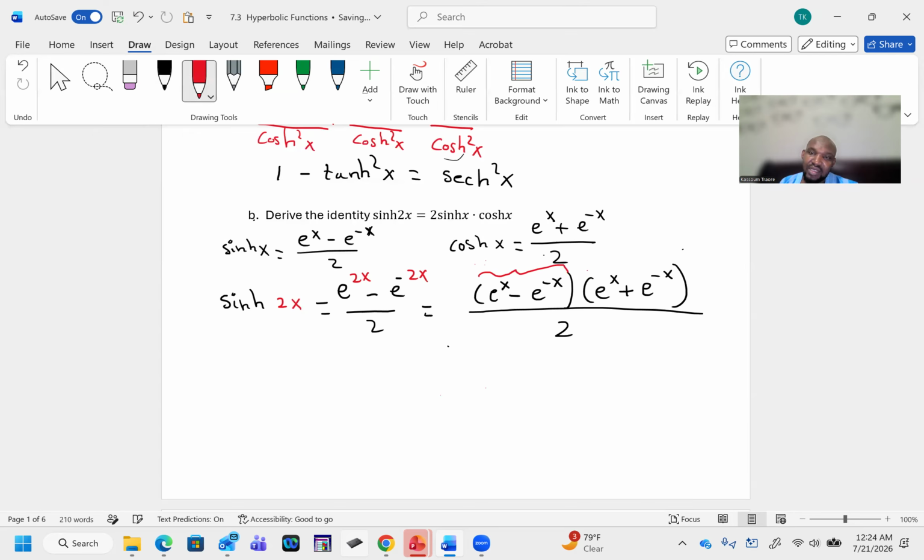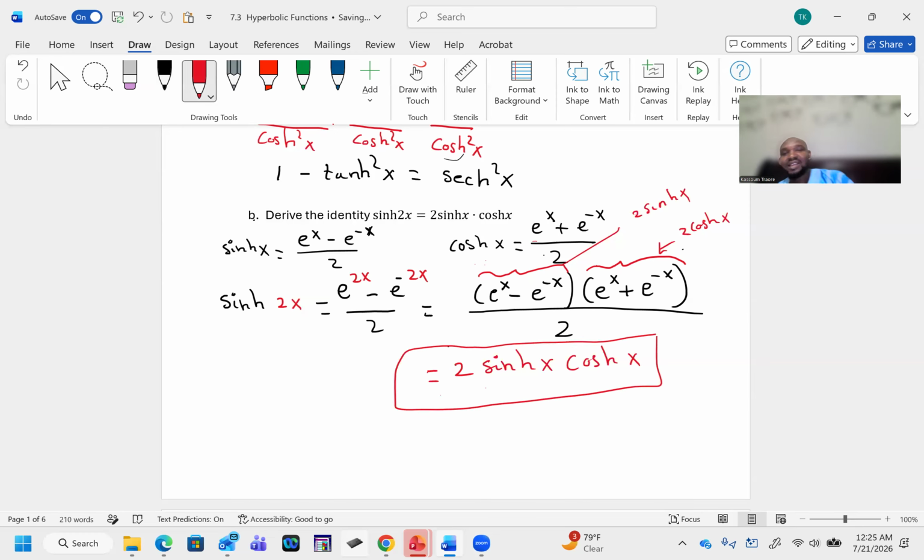And this looks like hyperbolic cosine x, but since it's not divided by 2, we can say this is 2 times hyperbolic cosine of x. So 2 times 2 is 4, and 4 divided by 2 is 2. So this will give us 2 times hyperbolic sine of x times hyperbolic cosine of x, and that's what we were trying to prove, and that's it. Okay,